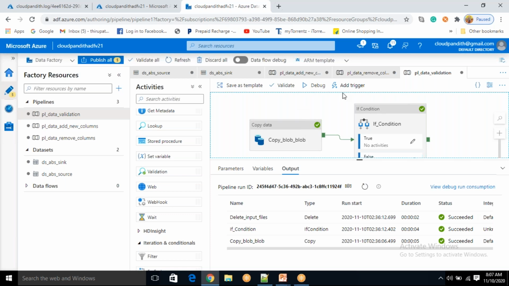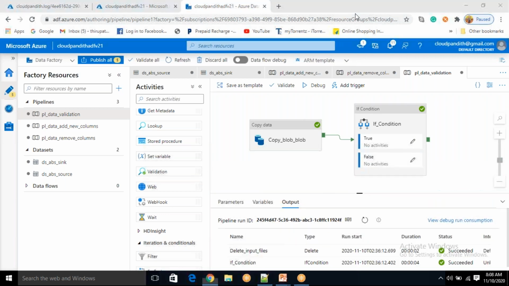That's why, whenever you are using a delete activity, if you are trying to use a copy activity immediately after it, you need to use a wait activity. That's why they have included a wait activity, to wait some time so that the deletion happens properly in the backend. Then you can run your copy activity again. This is one of the issues that you can see in real time. After a delete activity you should not execute your copy activity immediately. You need to wait for 30 seconds or 1 minute.